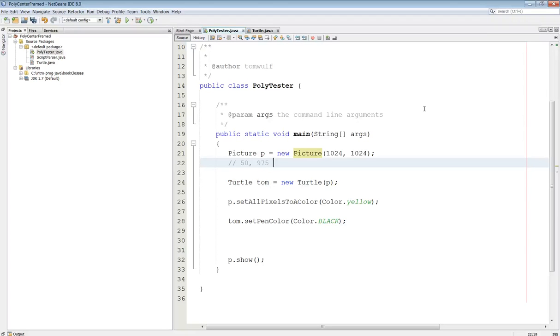Okay? So that means that going from the left, I don't want to start drawing before I get to 50, and I don't want to draw past 975 on the right. And then the same thing from the top and the bottom. So going from the top, I don't want to draw before I get to 50, and I don't want to draw past 975. Okay? So now just to see this, let's go ahead and draw a square with those coordinates on our